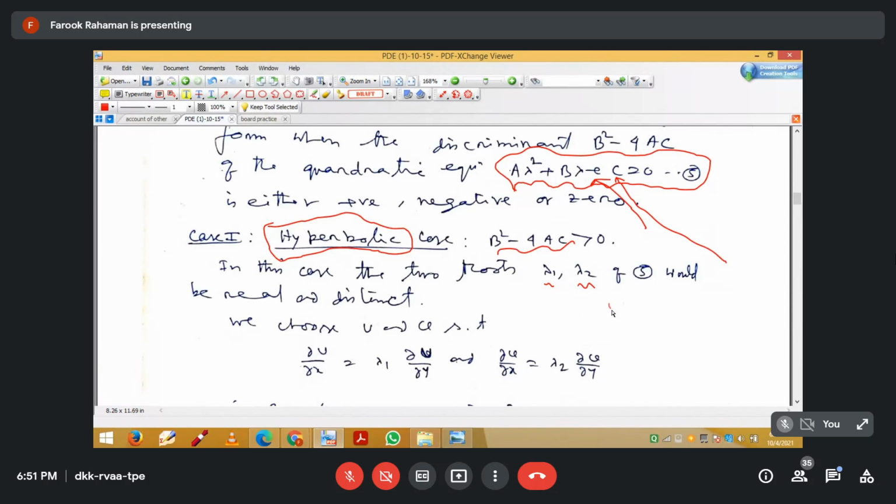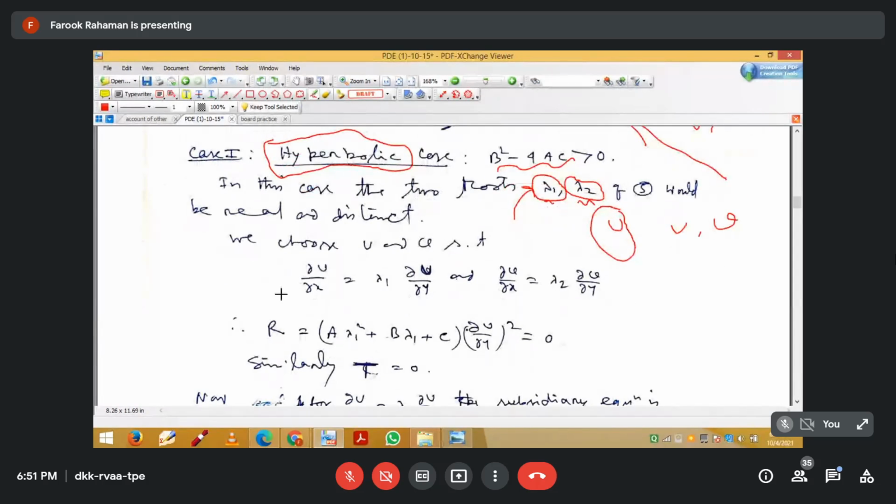Now choose u and v in such a way, because till now we don't know what u and what v is. Now we choose u and v this way. Lambda 1 and lambda 2 are two roots of the given equation. Now take lambda 1 first. So we use the differential equation del u del x equal to lambda 1 del u del y,